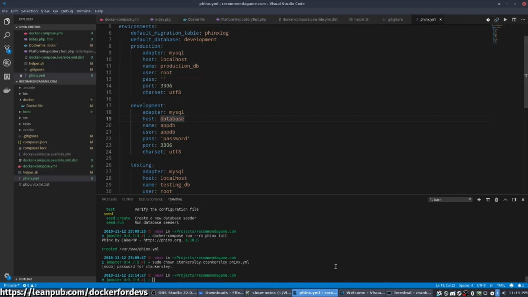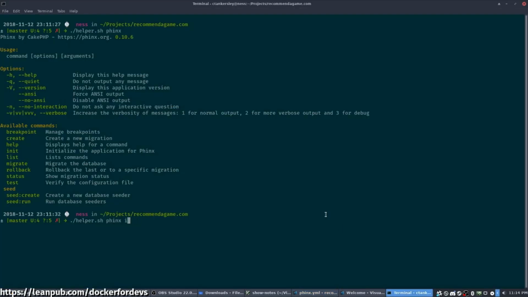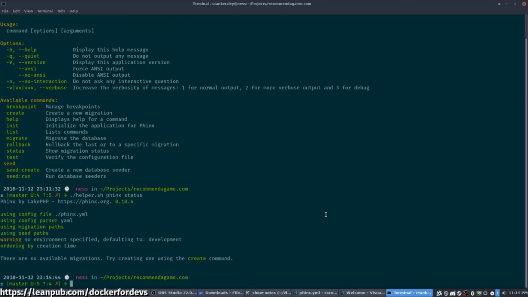Okay, so that should now be saved. So now if we come back to here, we can run status. And it should complain that, yeah, there's no available migrations. So it didn't blow up, which means it connected to our database, checked, and didn't see anything for us to do. So let's create